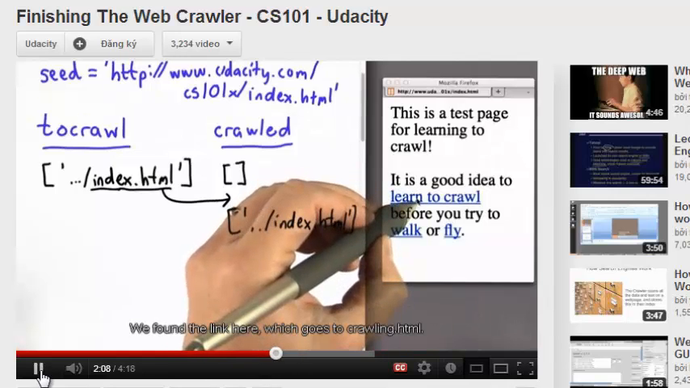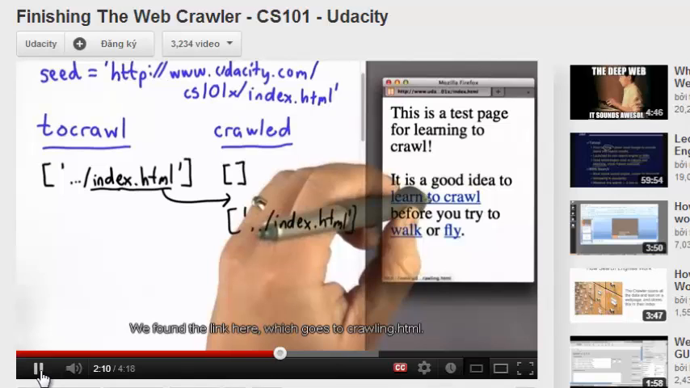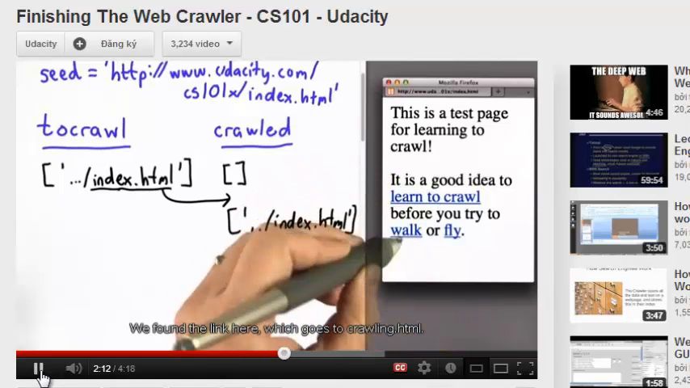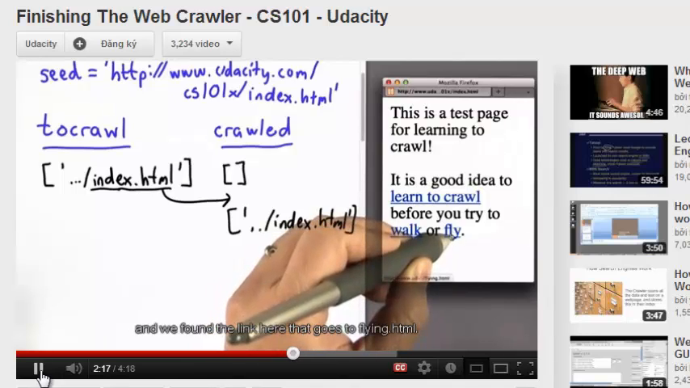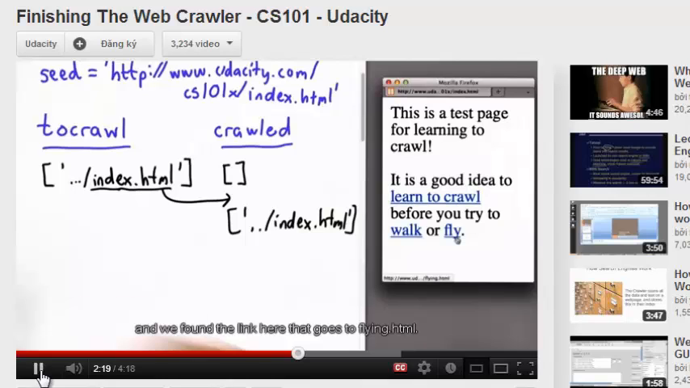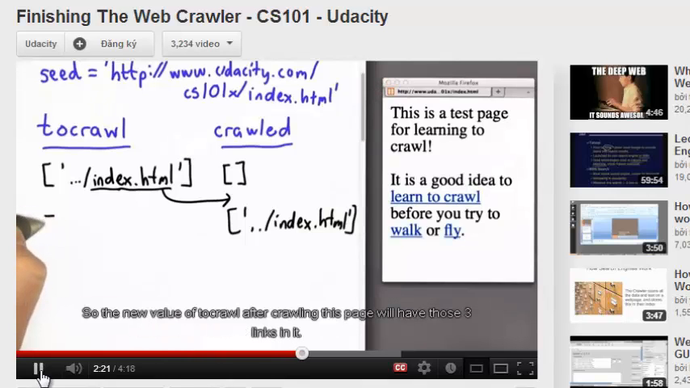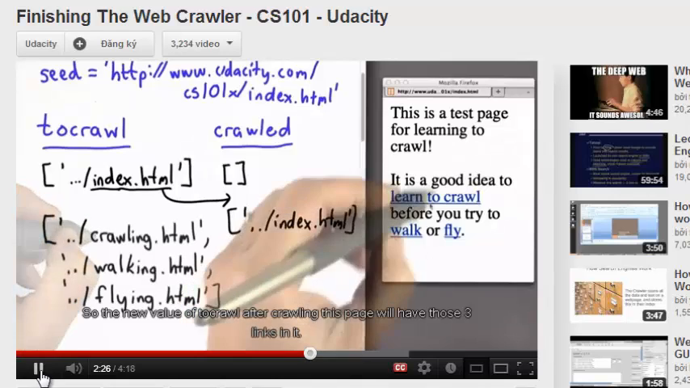We found the link here, which goes to crawling.html. We found the link here, which goes to walking.html. And we found the link here that goes to flying.html. So the new value of to crawl, after crawling this page, will have those 3 links in it. The next